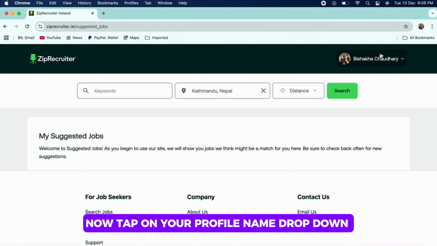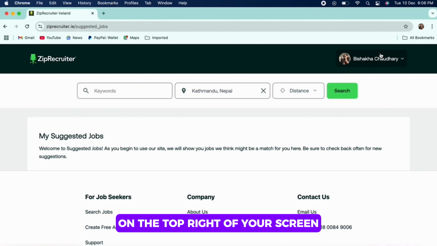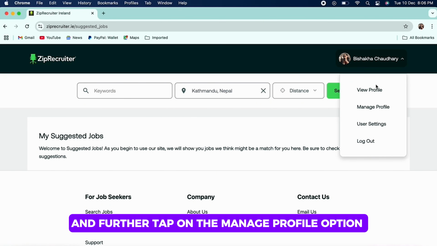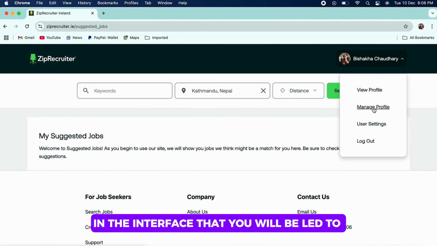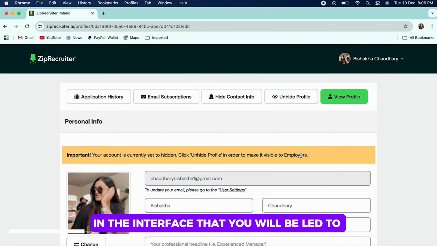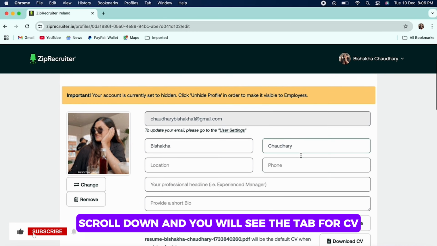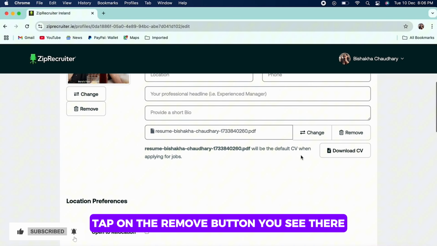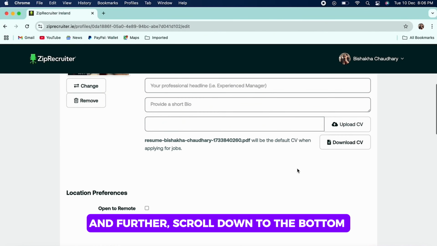Now, tap on your profile name drop down on the top right of your screen and further tap on the Manage Profile option. In the interface that you will be led to, scroll down and you will see the tab for CV. Tap on the Remove button you see there and further scroll down to the bottom until you see